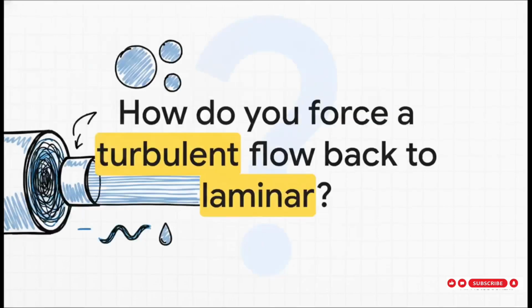Pretty cool, right? So we've covered the mechanics, but before we wrap up this explainer, I want to leave you with a real-world engineering challenge, just to test your intuition. Imagine you had a violently rushing, turbulent liquid in a pipe. How could you mathematically manipulate that pipe's diameter, or maybe even the fluid's viscosity, to force it back into a calm, smooth, laminar stream? Think about how those specific variables sit inside the Reynolds equation we just talked about. Keep observing the physics around you, keep crunching those numbers, and I'll catch